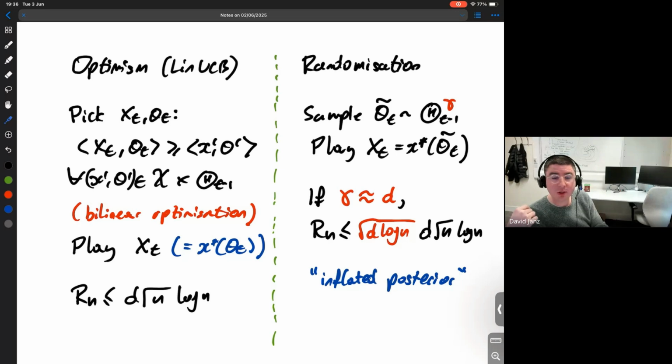So on the right-hand side, we do know, and that's something that Mark showed in the earlier paper and Shipra before that, I believe, that if we inflate these confidence sets, if we sample from larger confidence sets with the inflation being a factor of d, then you can actually get a regret bound. It's not linear. The regret bound suffers an extra square root d, square root log n. It's possible the square root log n doesn't need to be there. I figure it depends on how you do the analysis. But this is the sort of standard inflated posterior proof. And this gets around the counterexample of Hamidi and Bayati by using this inflation.